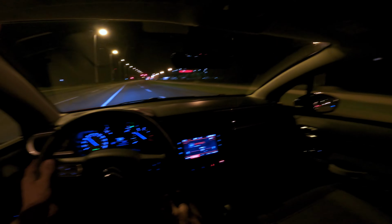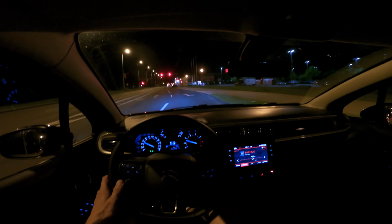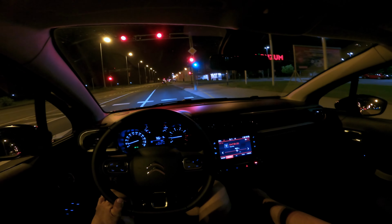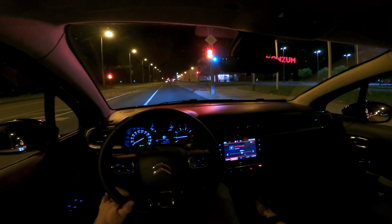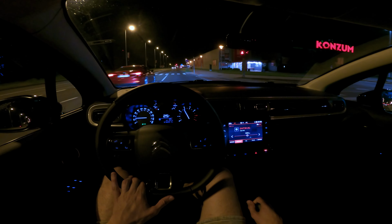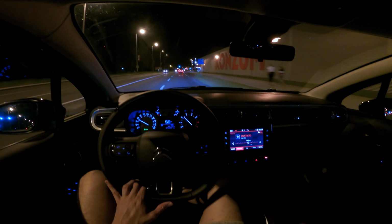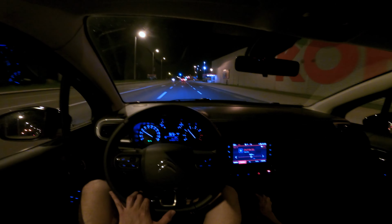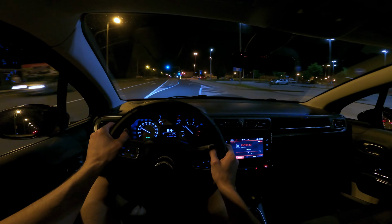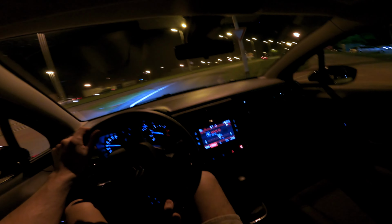So the car easily picks up speed, and even though it's front wheel drive, it just raises the nose like you're launching. It's quite cool. I forgot the top speed off the top of my head, so it's not super fast, but it can drive almost 195, although you don't need that much. But here in Croatia it's illegal to drive 150 on the highway because of the 20% tolerance. So we have 10% in the city, up to 100 kilometers, and then 20 above